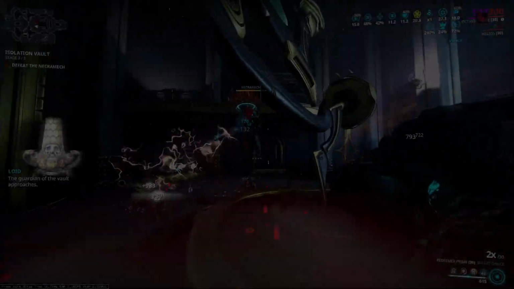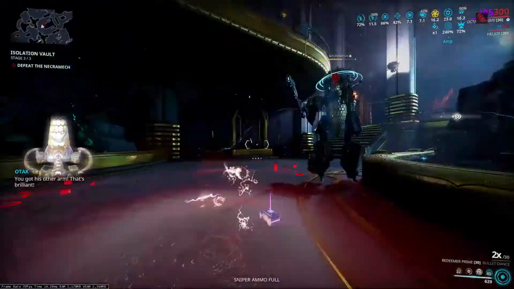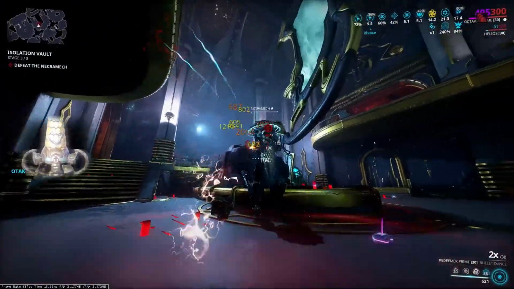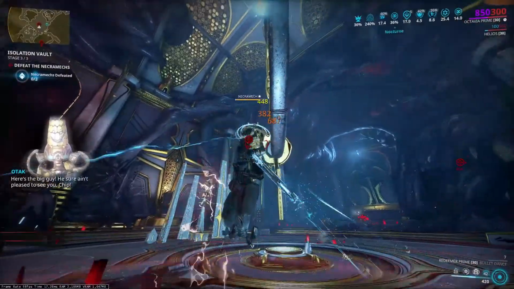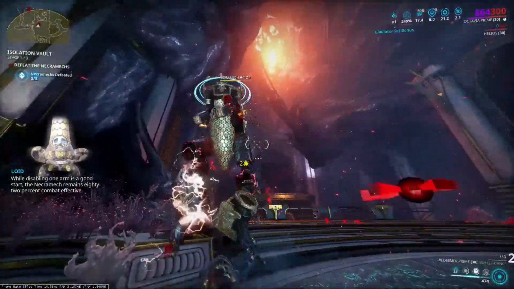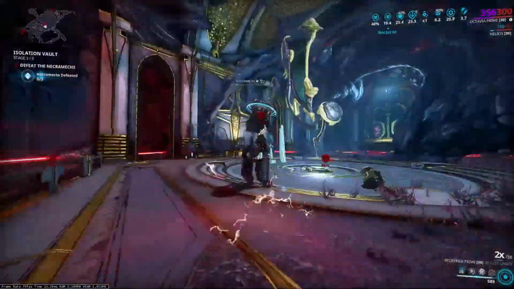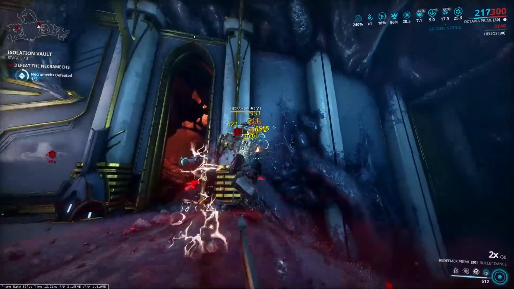Vault approaches. You must defeat it, Tenor. You got his other arm! That's brilliant! Hey, big guy. It sure ain't pleased to see you, Chip. The necromech remains 82% combat effective. And he... You got his